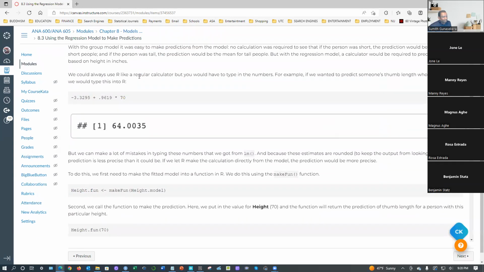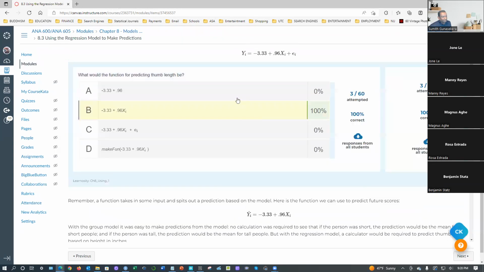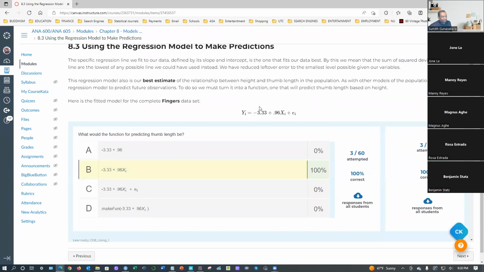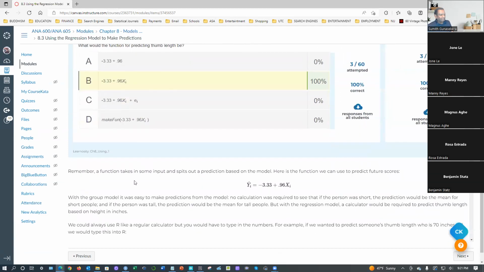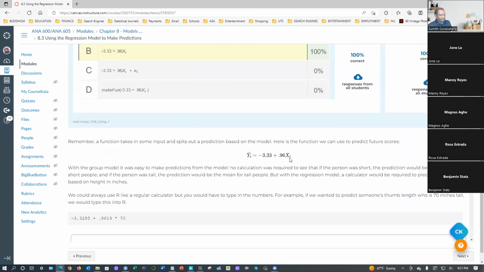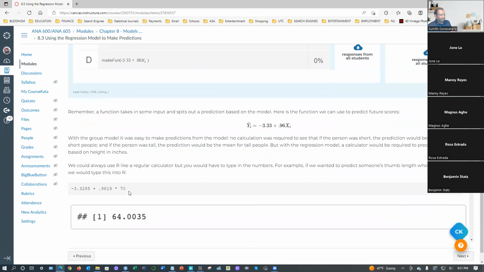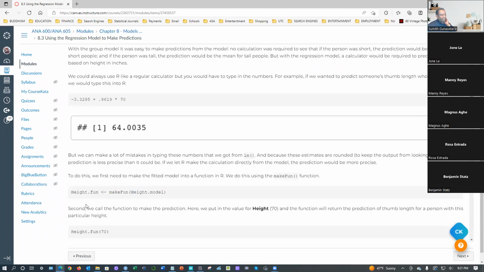See, by hand, you don't have to do it by hand. See, you have this part. When you ran that one, you got the B naught this much, and put it back to here, and you get this part. That's the estimated value. See, what would be the function of the predicting part is this part. Then the predicting part you take out, and then for a given height, any height. They say that somebody with 70 inches height, you're going to plug it into that one. Manually, you did that one, 60.0. You don't have to do it like that.